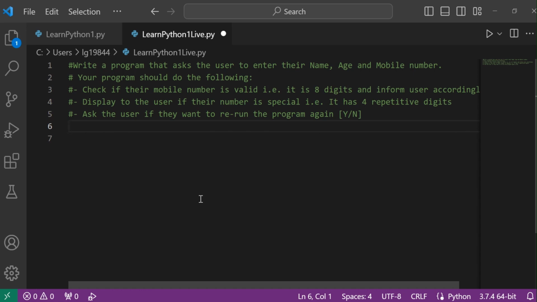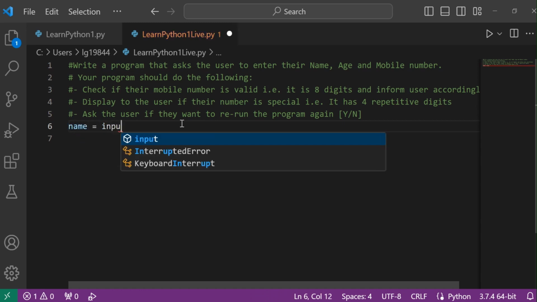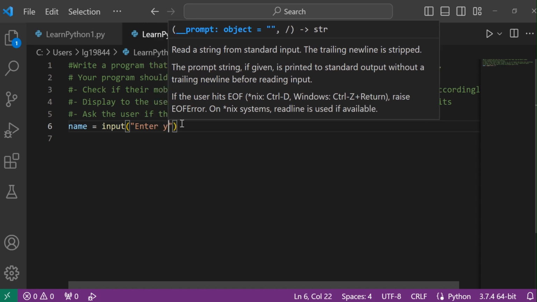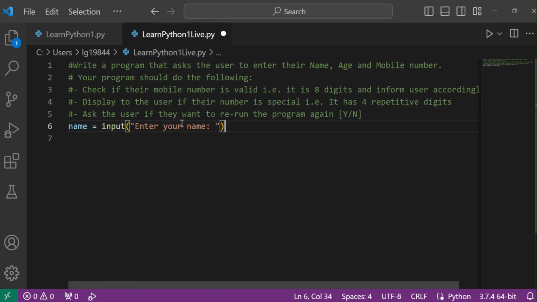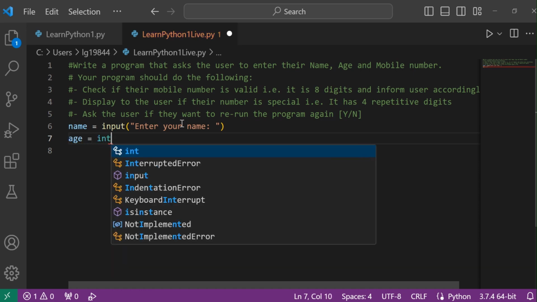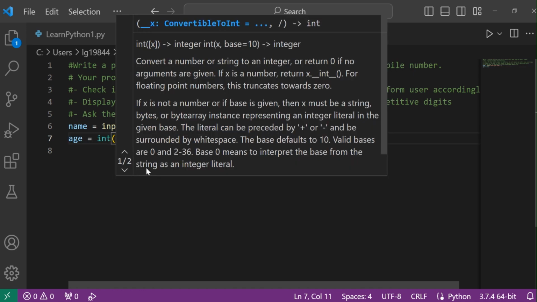Now, let's see what our program requirements are. So first we have to ask the user to enter their name, age, and mobile number. So I have to have these 3 variables. So name will be a string. Input, enter your name. And then we have the age. I'll put it as an integer since it's a number, but